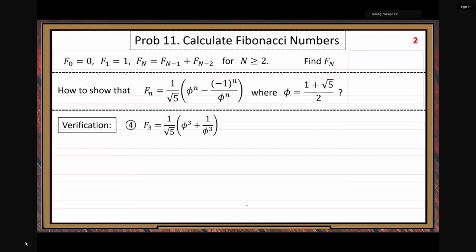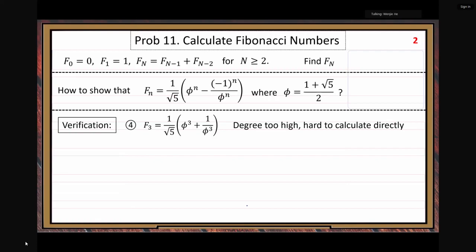Phi, the golden ratio, has special properties. Here we want to use the special properties of the golden ratio. Think about what's the special property of the golden ratio. How do we find the golden ratio? So we go back to,